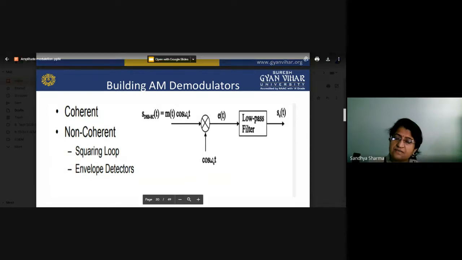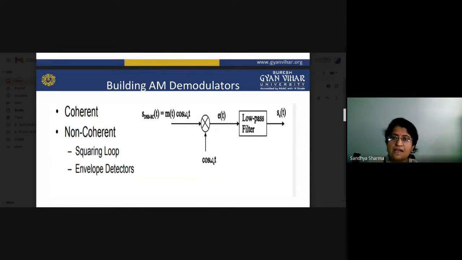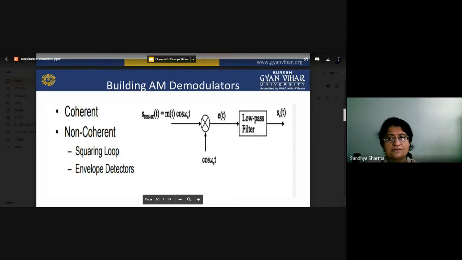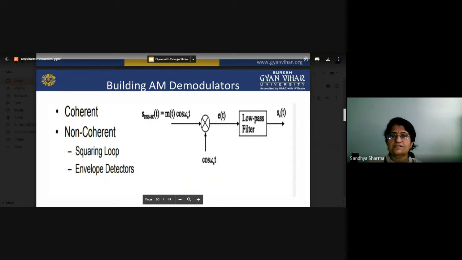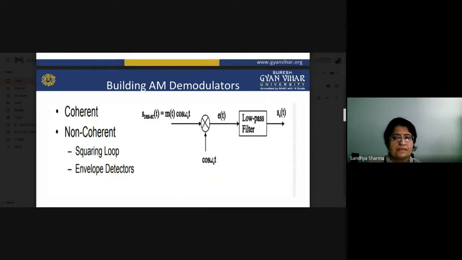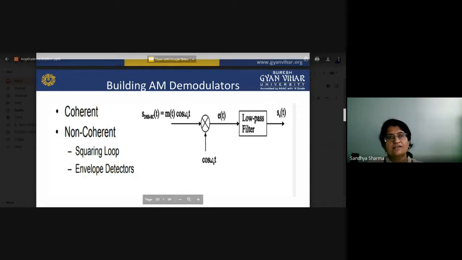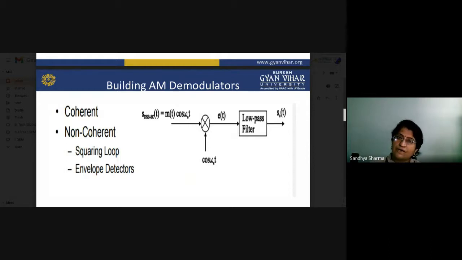So now what will happen? This is your final signal m(t) cos(ωct), and you have to multiply it by cos(ωct). Here there will be the product of these, and after passing through the low pass filter, we can extract our modulating signal. Demodulation is basically extracting your information signal from the carrier signal. So this is the process through which we extract our modulating signals from the modulated signals, and that process is called demodulation.